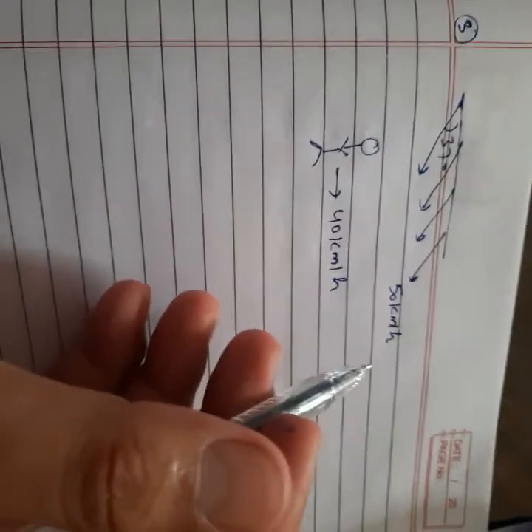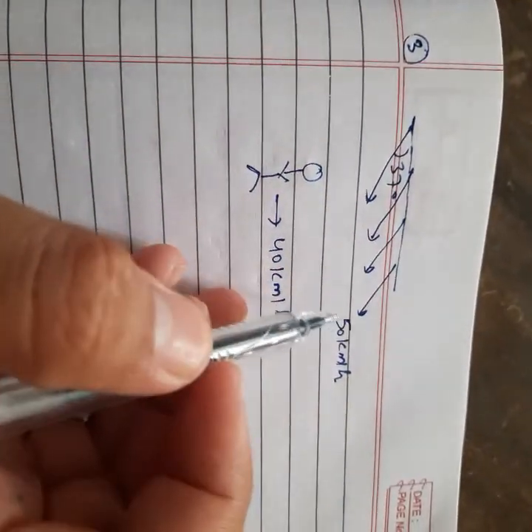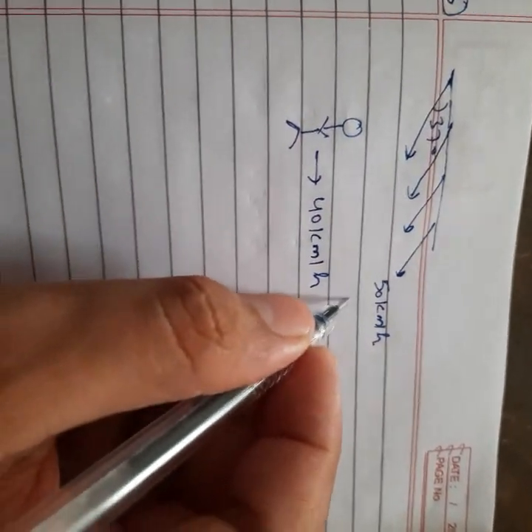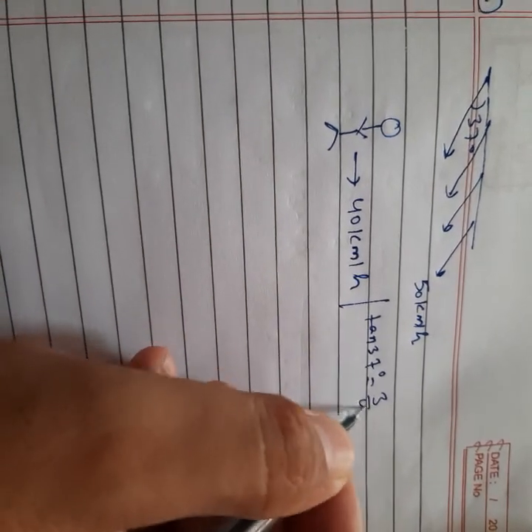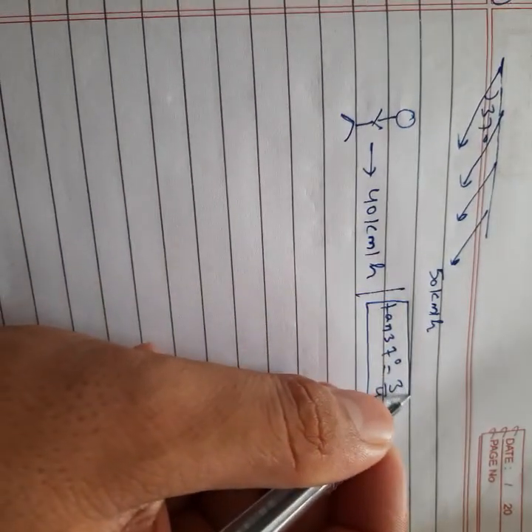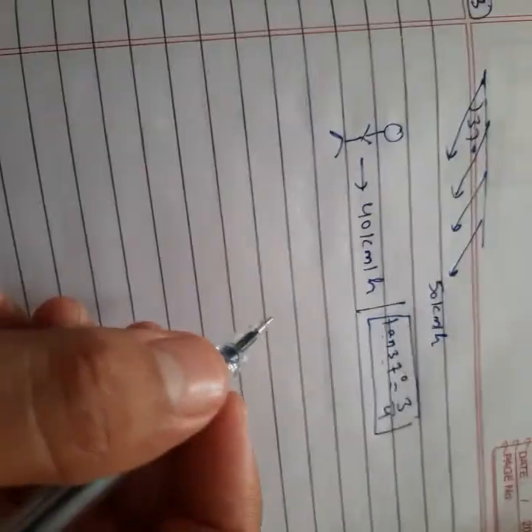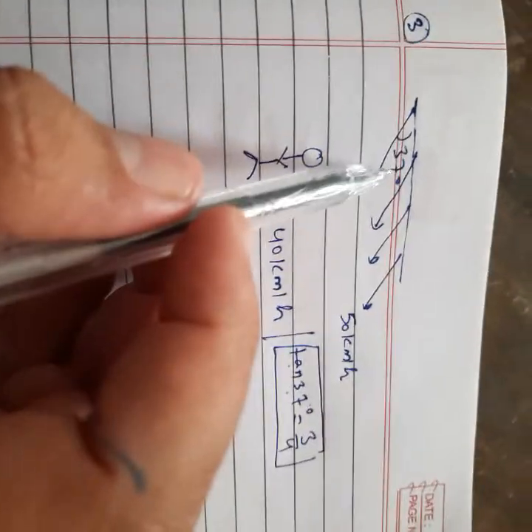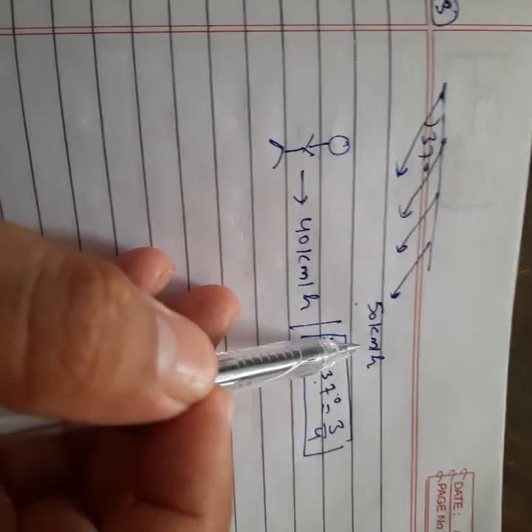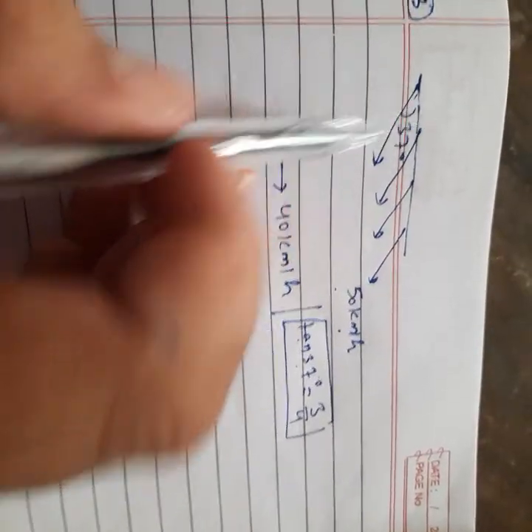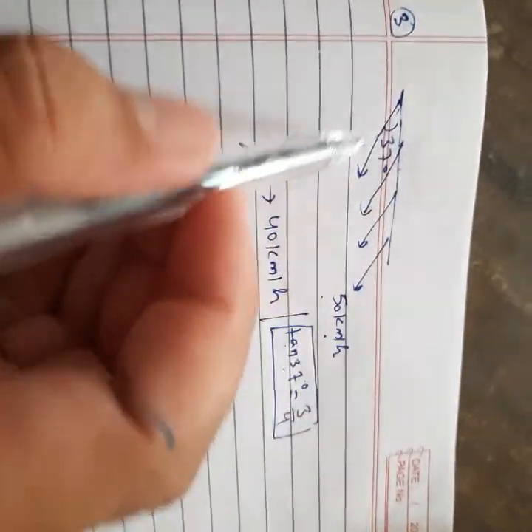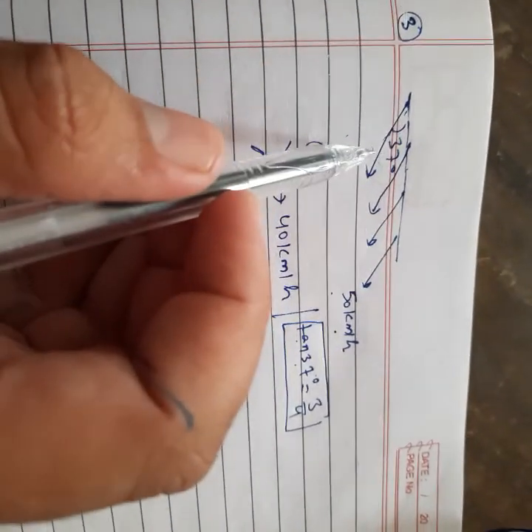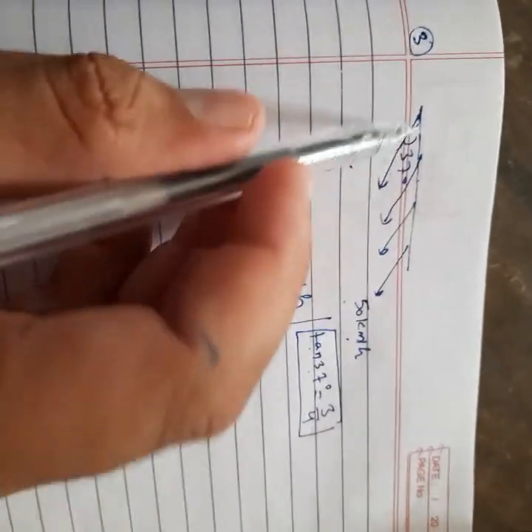Okay, then how will he find out? First of all, listen, we will solve this one. One thing I am telling you: tangent 37 degree is equal to 3 by 4. Don't forget this one. Now listen, we know here 50 km per hour, but see the direction of rain. This is not vertically downside. It is a little bit away from the vertical axis, connected a little bit with the horizontal axis. So first of all we have to solve this one.